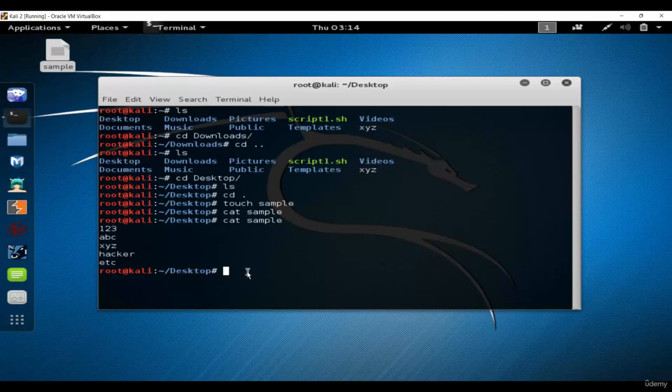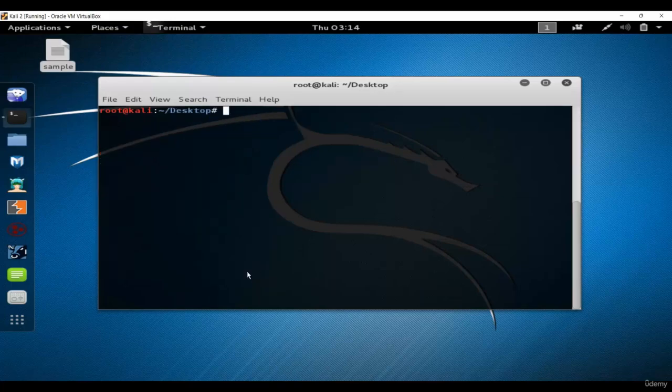To clear the terminal, we will use the clear command. Now, our next command is the rm command, that is remove. So if I use rm space, okay, first let's create a blank file. So touch abc, okay, the file is here. Now rm space abc, and you can see the file is deleted. So let's do ls, and there is no file with the name abc, right?